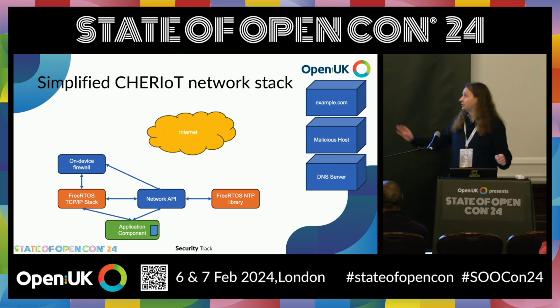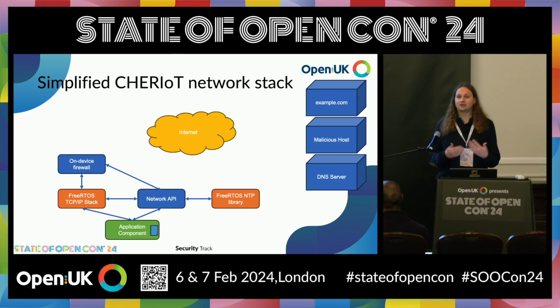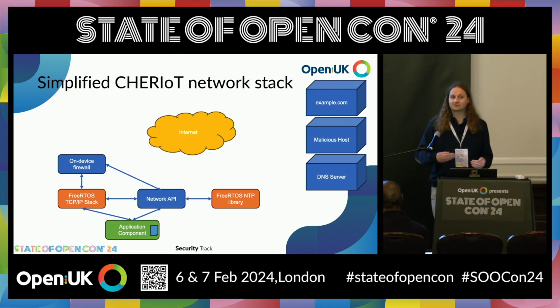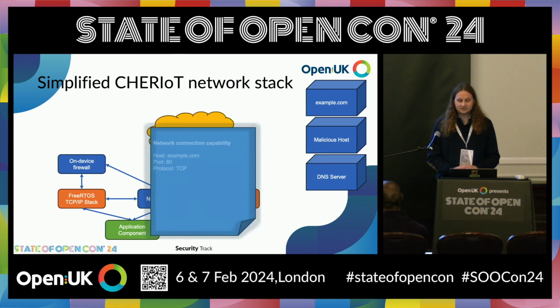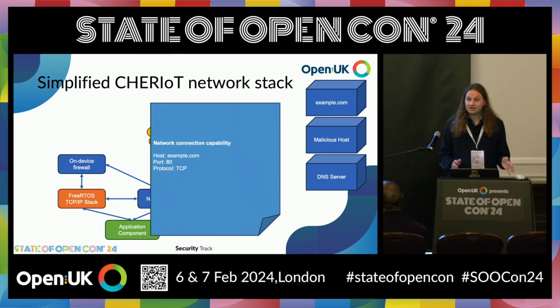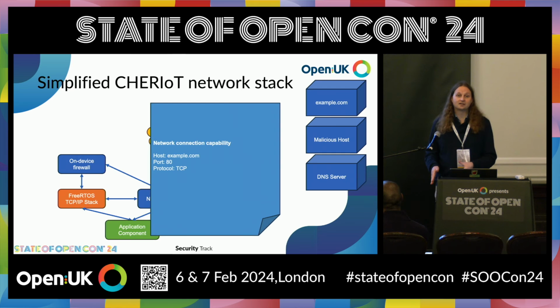Okay, so the green box is a placeholder for application code, the kind of thing that if you're building an IoT device, you would write yourself. And there's just one compartment here, but typically you'd have at least two, one that does the real-time control system bit, and one that does the internet monitoring control part. So inside that is one of these sealed capabilities that points to a statically sealed object which will show up in that linker report and so is then auditable at firmware link time. And this is a network connection capability. It says, I am allowed to make a connection on this port to this host using this protocol.